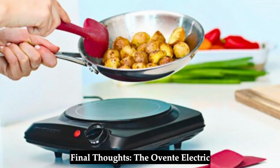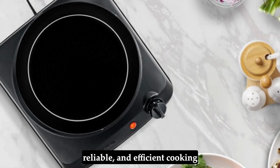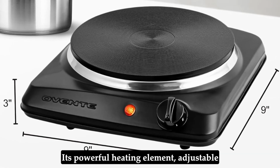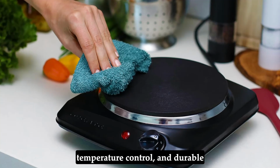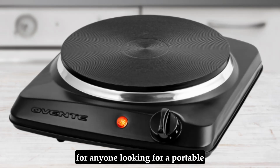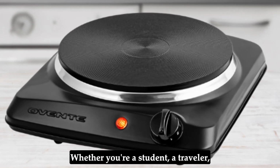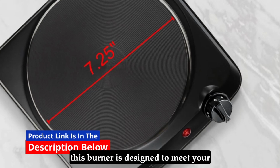Final thoughts. The Ovente Electric Countertop Single Burner is a versatile, reliable, and efficient cooking appliance that suits a variety of needs. Its powerful heating element, adjustable temperature control, and durable construction make it a standout choice for anyone looking for a portable and efficient cooking solution. Whether you're a student, a traveler, or someone with limited kitchen space, this burner is designed to meet your needs